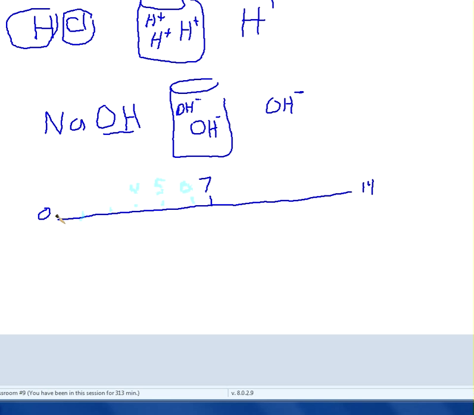So if I get down here to a 1, if I had a way of testing, which I do with litmus paper, and there are even some machines that'll tell you even more exactly, and the solution comes out having a pH of 1, I know that solution would be a very